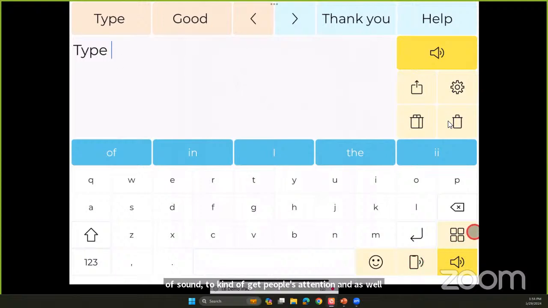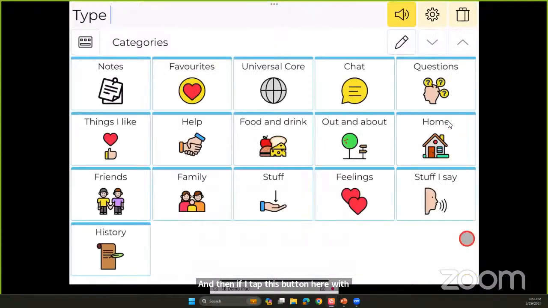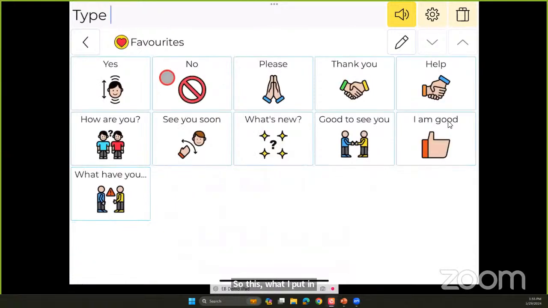And then if I tap this button here with the 4 squares, this one has categories on another screen here. So what I put in Favorites, those are the things that will show up in that favorites bar on the home screen with the keyboard. So the things that are in this folder.